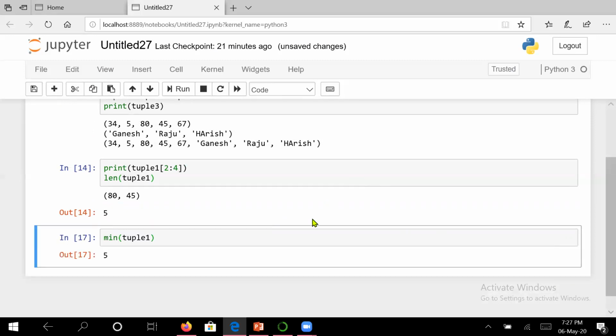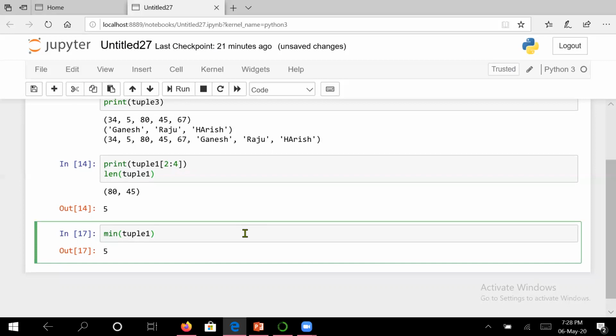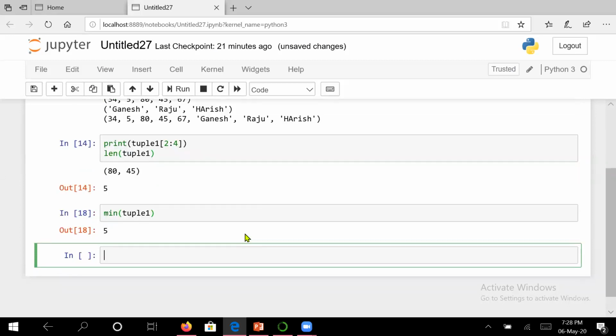You must be wondering, dear friends, what the difference is between a tuple and a list, because you have seen tuple and list working similarly. The only difference is that tuples are not mutable. That means tuples are immutable. As I told you previously, in those data structures which are immutable, we cannot add or delete elements. If you type tuple1 dot and press Tab, it will show you the list of functions.